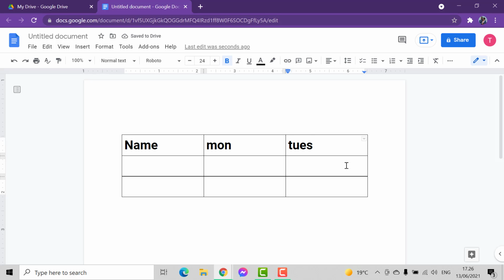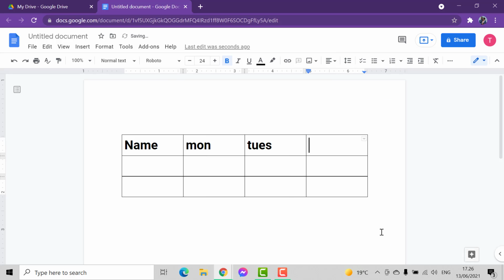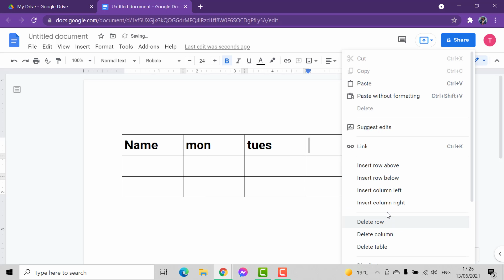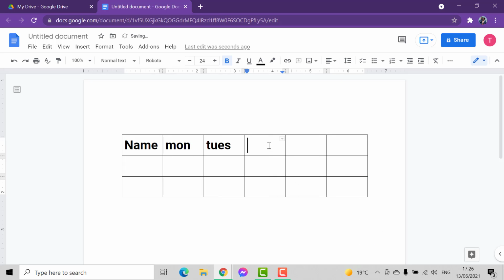You need 3 more columns for those 3 days. Just right click here and choose insert column on the right. So 1, again insert column on the right, 2, again insert column on the right, 3. Now you can write Tuesday, Wednesday, Thursday, and Friday. And for the names, let's say you have 4 workers in your team, worker 1 and then worker